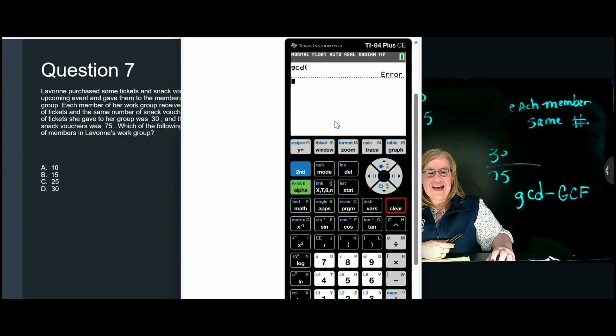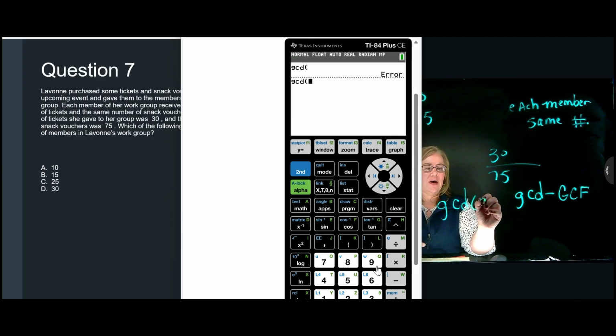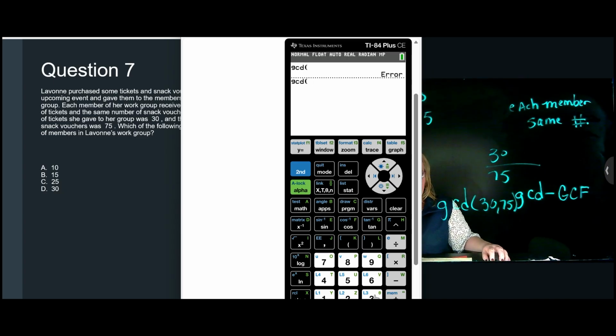Oops, sorry. I'm going to go ahead and press number 9. Now, it gives me the GCD with the parentheses. So now I'm going to put my two numbers in there. I'm going to put 30, comma, 75 and close that parentheses. So let's do that. I'm putting 30, my comma is above the 7. I'm going to put 75 and close that parenthesis and press enter, and it